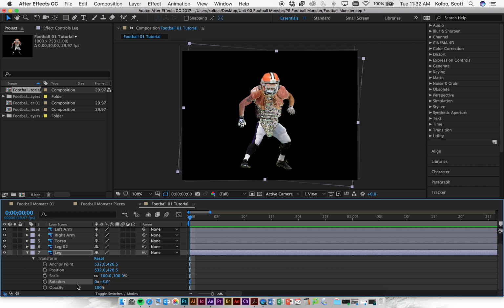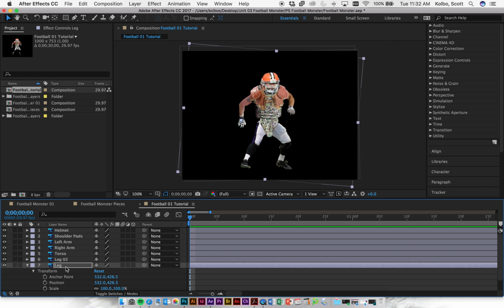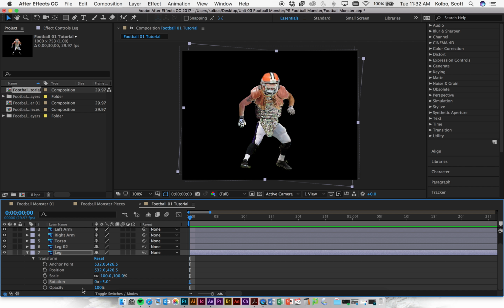So now if I wanted to make this guy look like he was kind of moving around or walking, I just have to animate each part. So this gets to be a little bit time consuming, right? So if I want to make it look like his legs are flopping around, I can do that just by going to